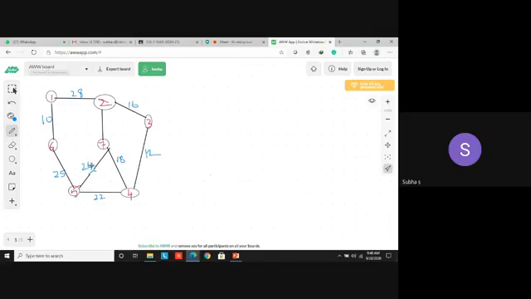Then from 5, what are the things you have done? There are 2 adjacent vertices with the cost what? 24 and 22 in their corresponding edges. Here you have to choose the minimum cost. Minimum cost is 22. So from 5 I am going to traverse to 22. Yes, you all have the notes with you. Just have a look at it. Then we move on to the Kruskal's algorithm.